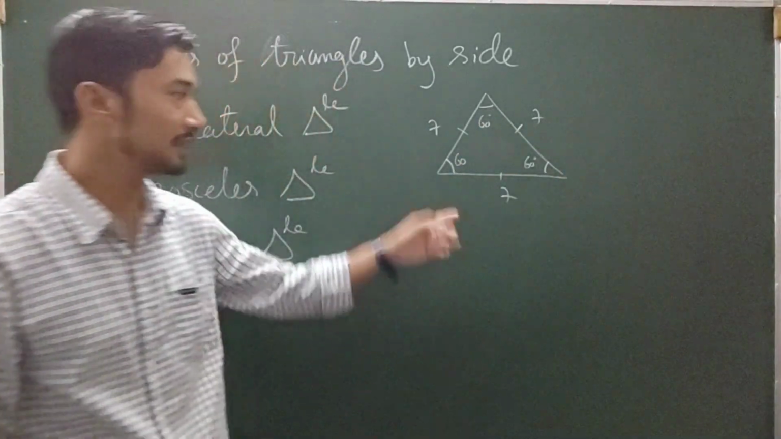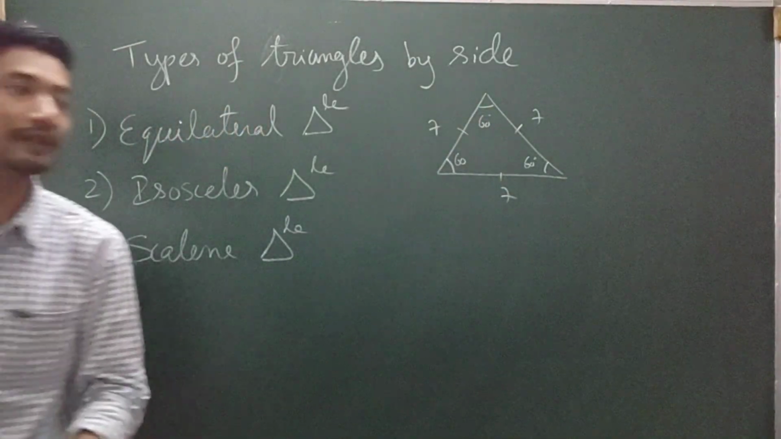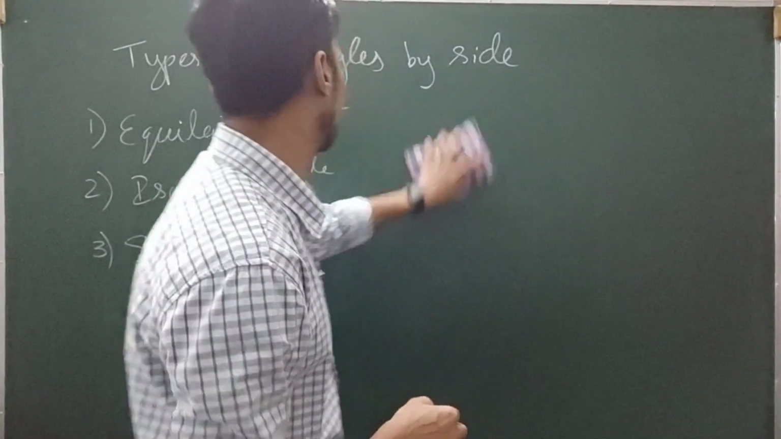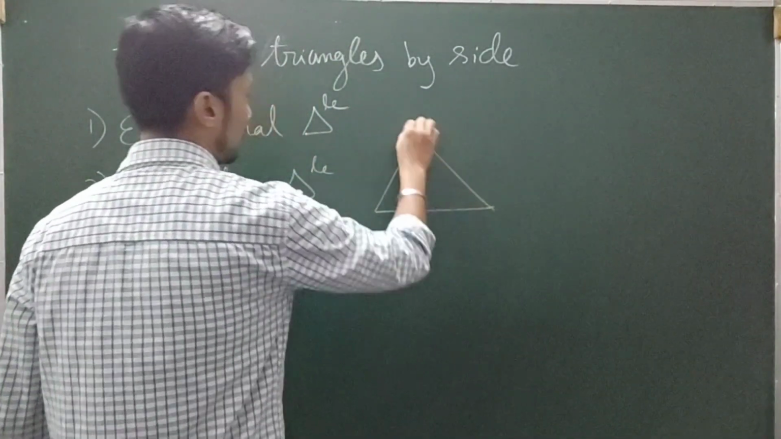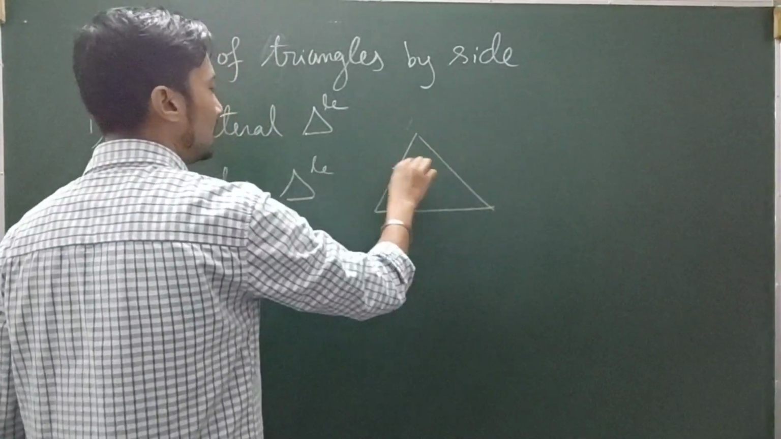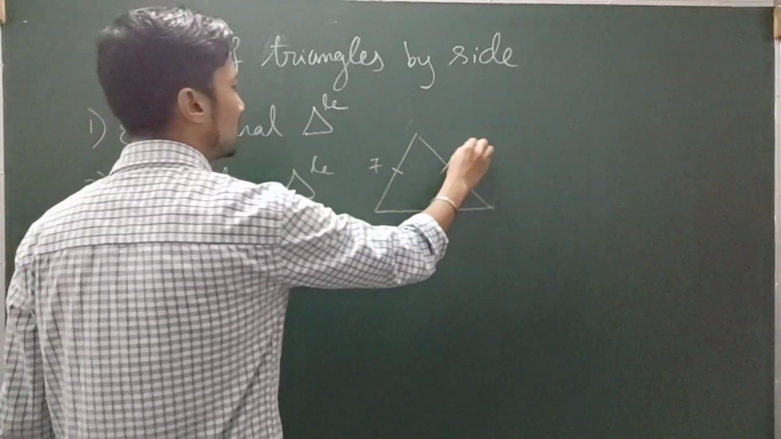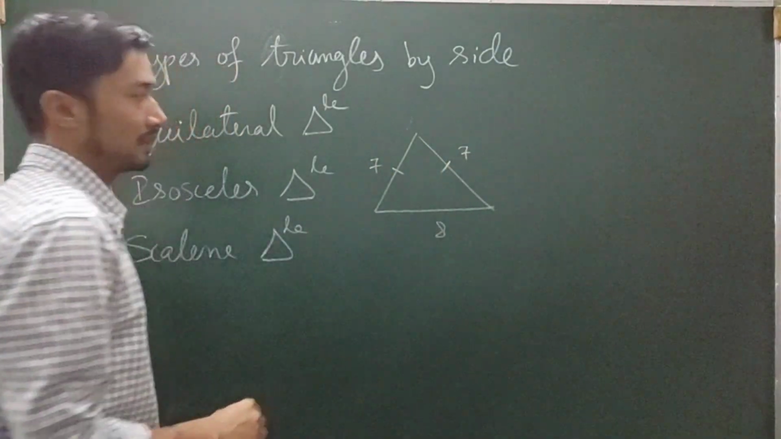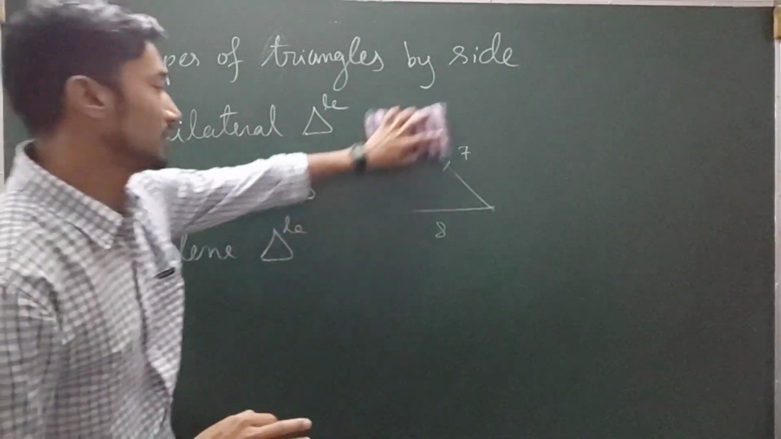60 degree. That's why 60 plus 60 plus 60 is 180 degree. So it always has to be 180 degree. Then isosceles triangle. An isosceles triangle is a triangle in which any two sides are same, one side is different. Maybe something like 7 centimeter, 7 centimeter, 8 centimeters. So a triangle in which two sides are same and one of the sides is different is known as an